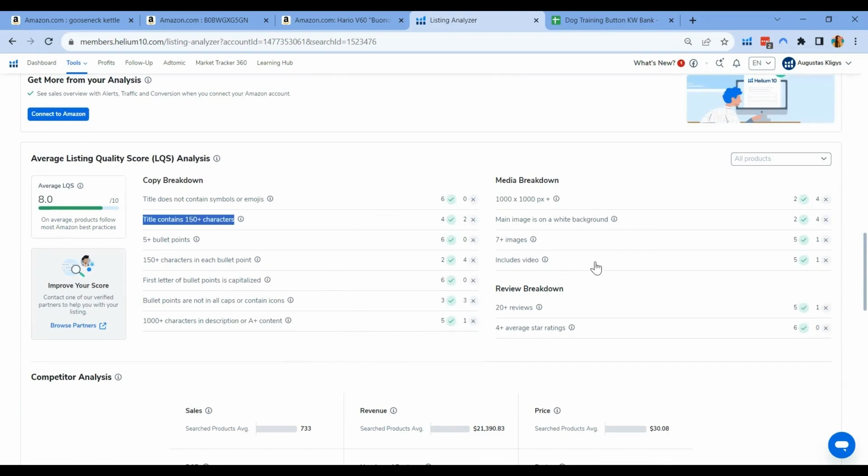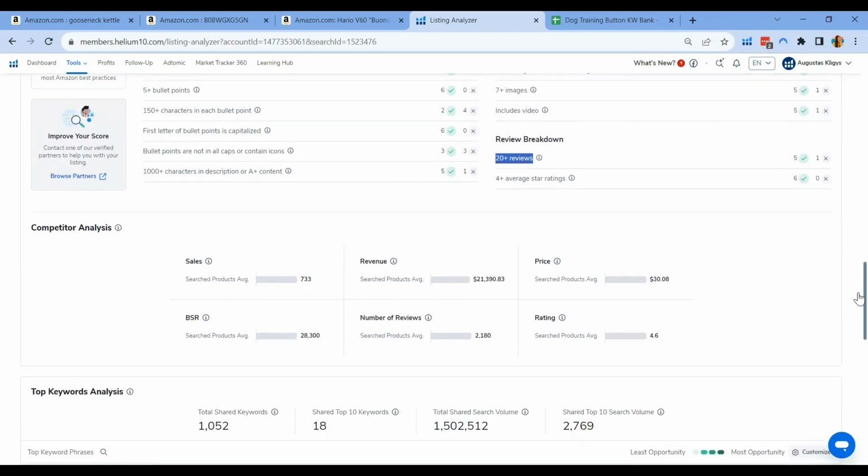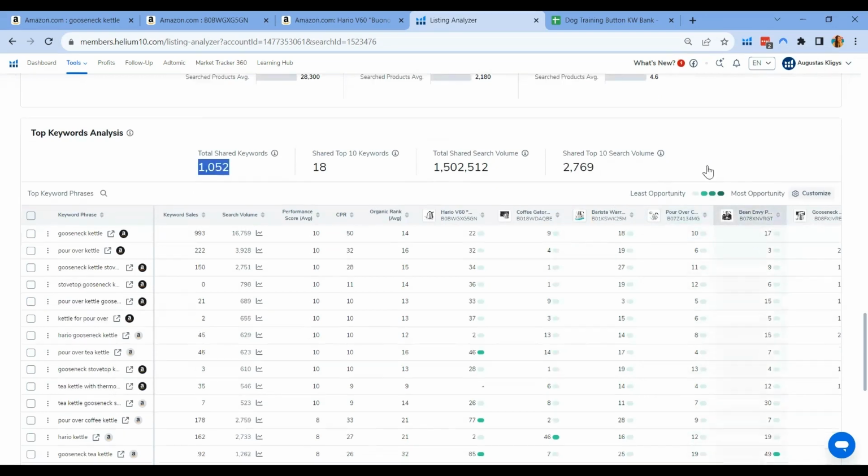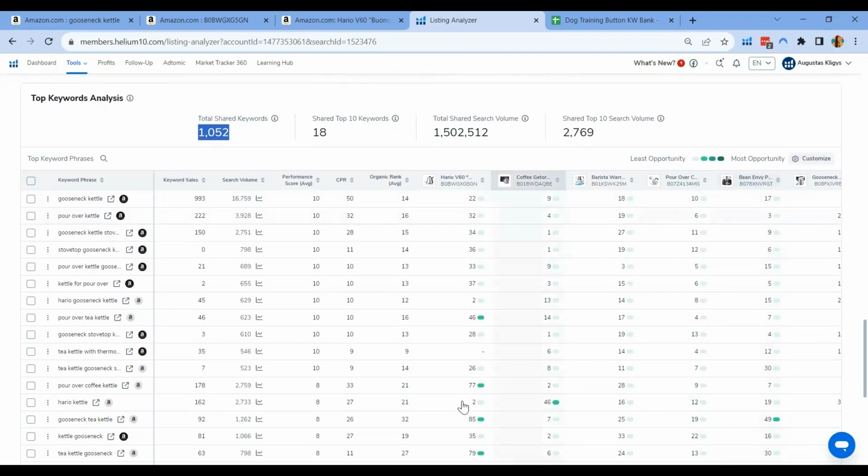Let's move on to the keyword analysis. The keyword analysis is important because we will be able to see what keywords your competitors are currently having successful results on, and which competitors are not fully optimizing their listings, and which of those keywords you can capitalize on. It also lets you see what keywords your top competitors are changing in their title. So now we can check here again.